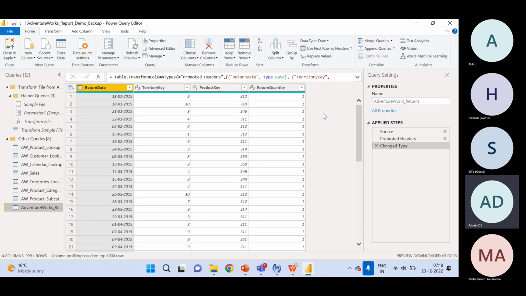Here, the first thing that we will do is change the name of the table. We'll keep it as AW returns. Since this is a fact data table, we'll not put lookup here. Similar to sales that we had earlier, AW sales, we will have the AW returns table, right? And